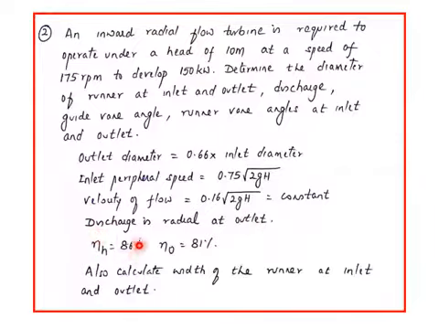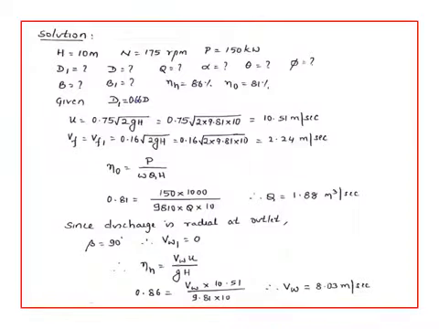Then hydraulic efficiency is given, overall efficiency is given. We should also calculate the width of the runner, that is b and b1. So that is how we go ahead. Since it is given that D1 is 0.66 times D, and the expression for u is 0.75 root 2gH with H given, we